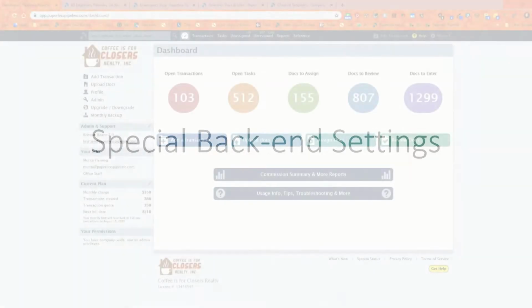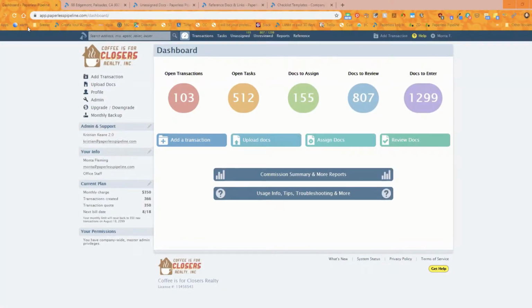Our topic today is special backend settings. These are a handful of settings that we can set from our end if you request that will make your system perform differently. The first one that I wanted to mention, you might probably already are aware of this,